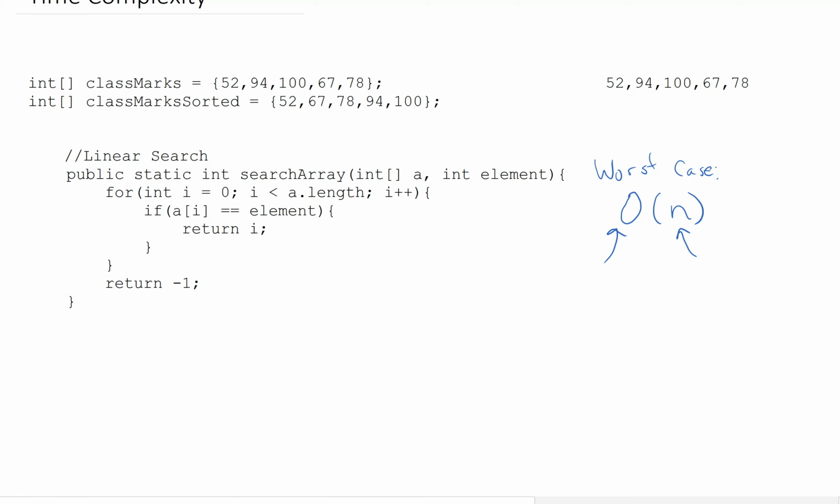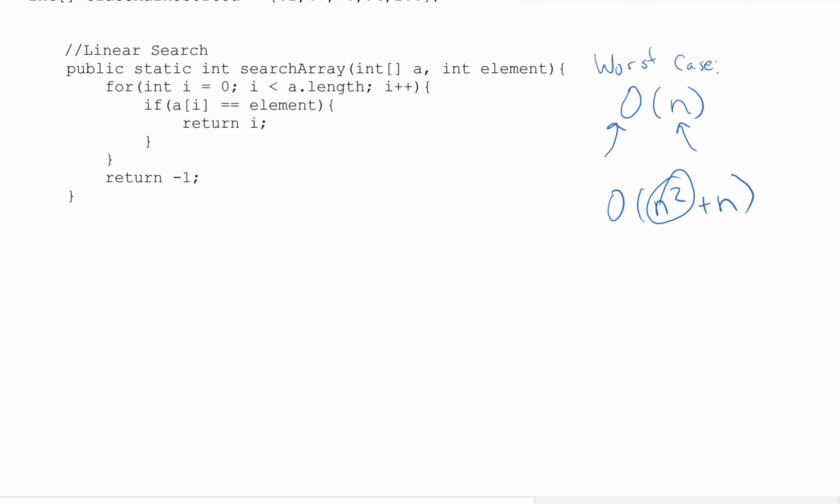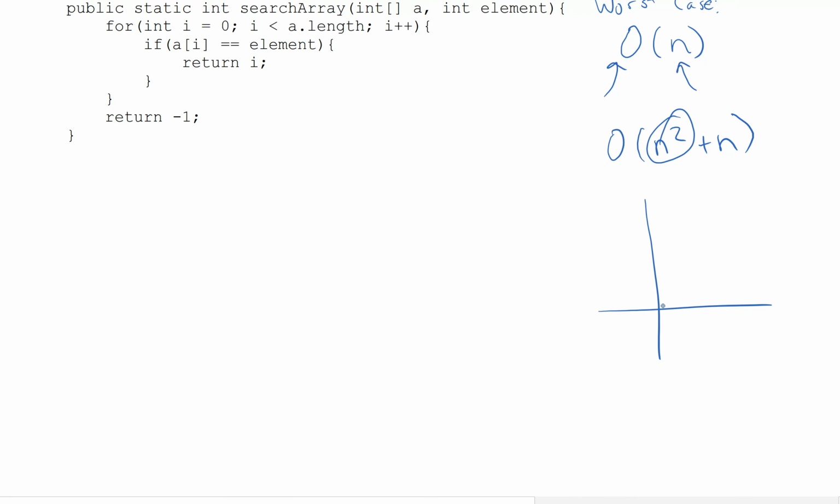Okay. Now, if we were able to figure out the worst case was actually n squared plus n, n squared is going to get bigger much, much, much faster than n. This is a parabola, and n is linear. If we look at these two functions separately, here is my parabola, and here is my linear function. The parabola gets so huge that just adding a little n to it isn't going to make a big difference, so we're more concerned with the n squared. So we take the worst